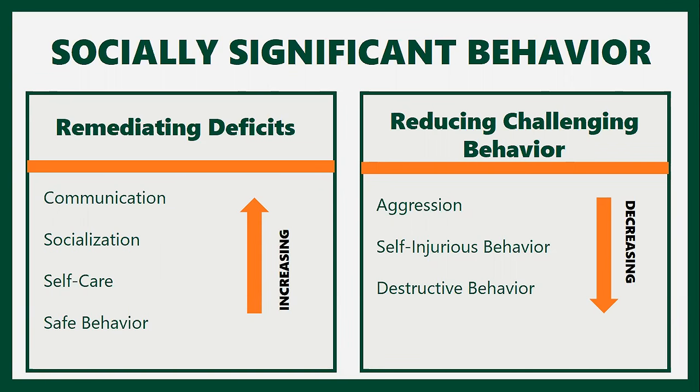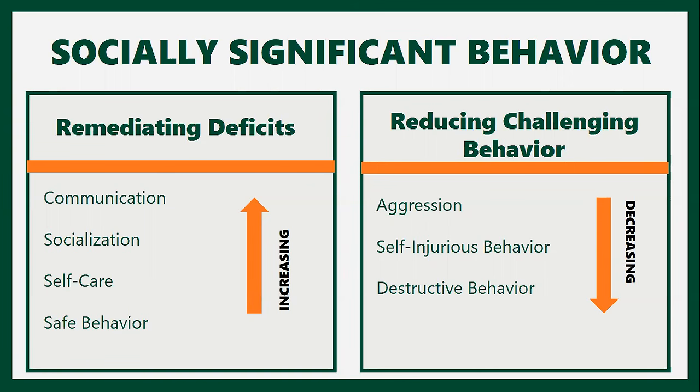But we also work on reducing some of the behaviors that are going to essentially interfere with an individual's ability to meaningfully participate. So sometimes we see cases for ABA therapy when an individual is engaging in aggressive behavior or self-injurious behavior, where some individuals are actually hurting themselves, either biting themselves or hitting themselves, and then other things like destructive behavior or destroying property or materials and so forth. So just a range of things.